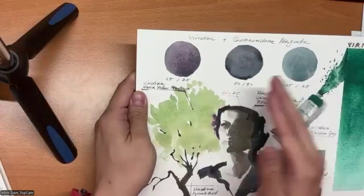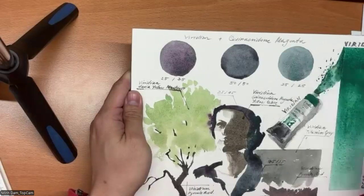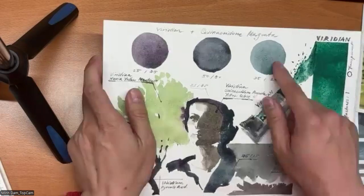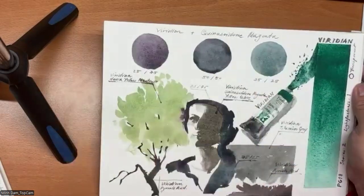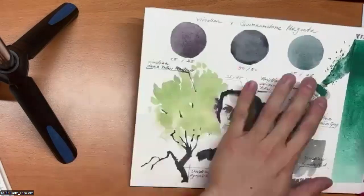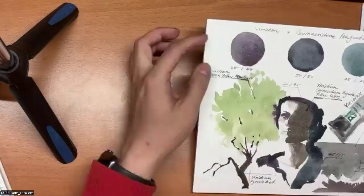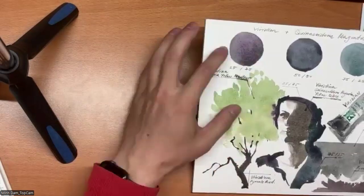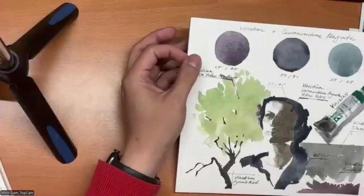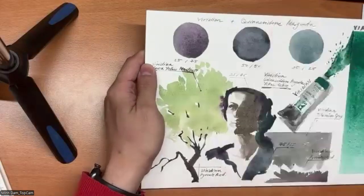And when we start to shift it to 75% Viridian, 25% magenta, you will have a color which is perfect for painting water, stones under the water, or maybe cold trees, shadows. And when we shift to the right, with more magenta, you will have a beautiful violet color. It can represent maybe stones, some bricks, and so on. And I think this is my